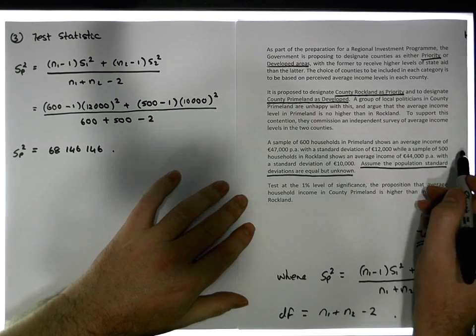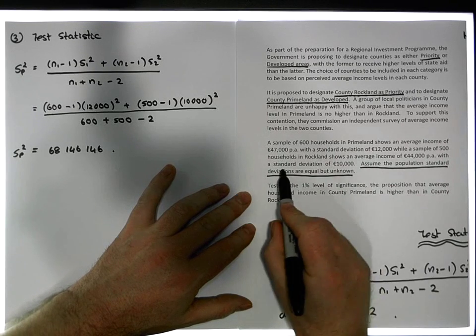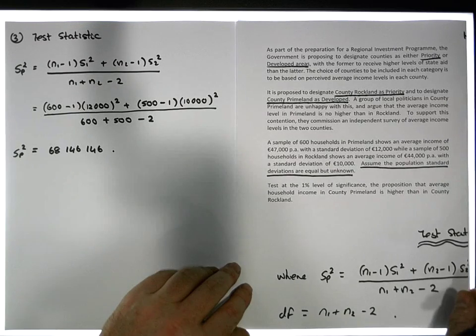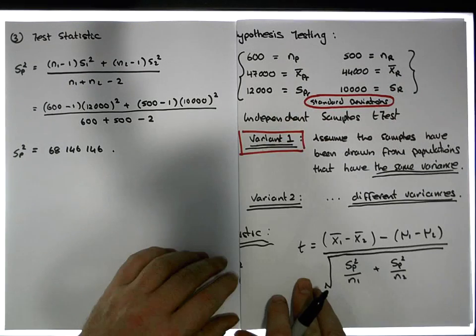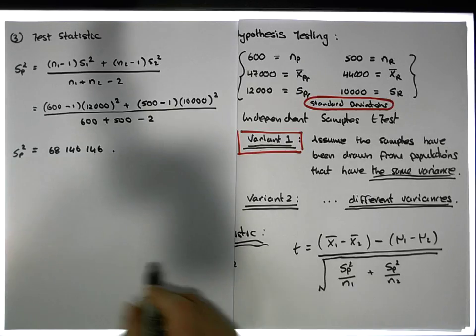It does say that, with a standard deviation of 12,000 and a standard deviation of 10,000. So they're just big numbers. Let's not worry too much about it, but it will be counteracted in our test statistic. So now what we're going to do is take our test statistic, our t, which is